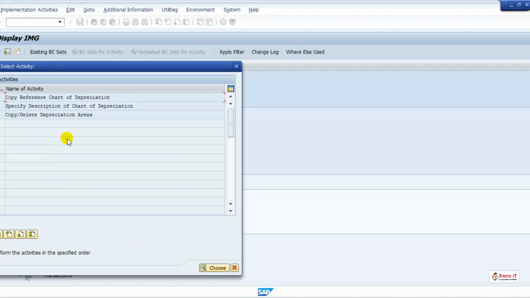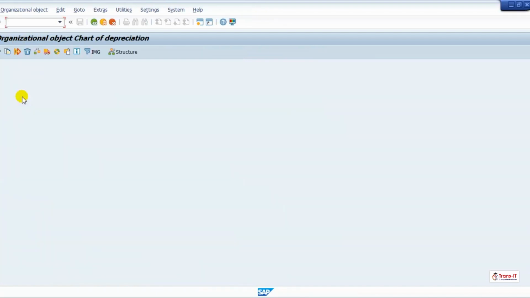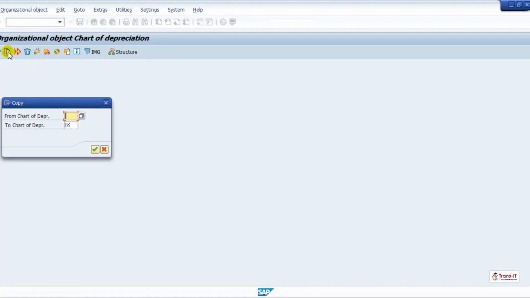Now click on copy reference chart of depreciation. Then click on the copy button. Select here.